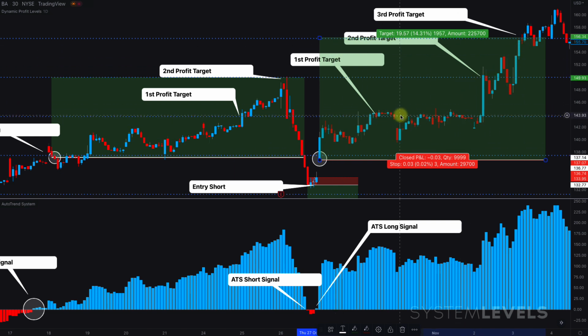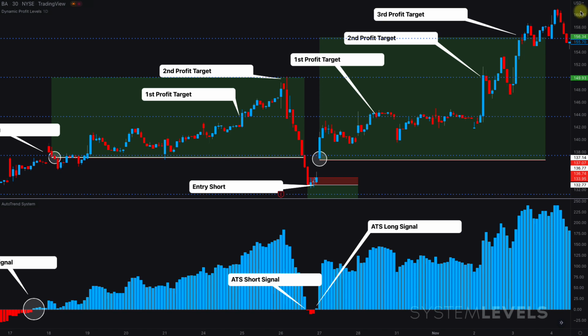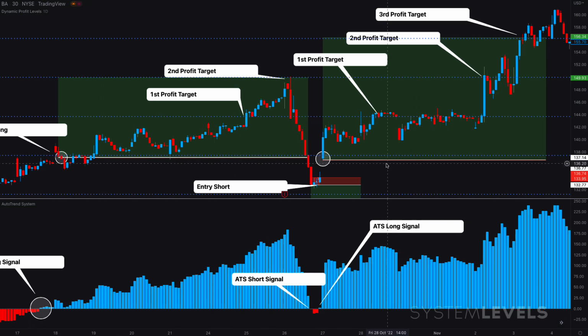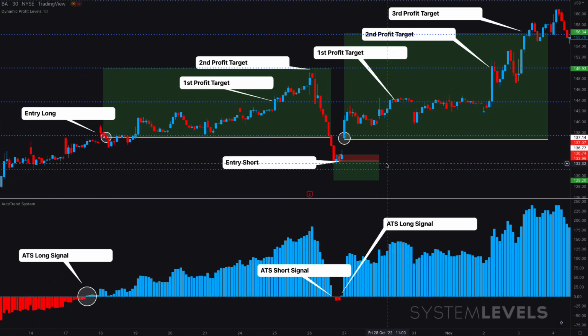We've sold all three thirds of our position, and that trade at that point is over. Price can continue going higher. We don't care at that point because we have sold all of our position. So with all three of our trades complete, we have our final result, right? For the first trade here, we sold two profit targets. The last third was stopped at break even, and we made a total profit of